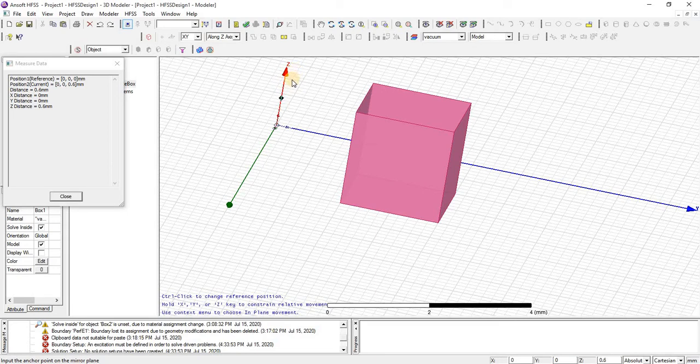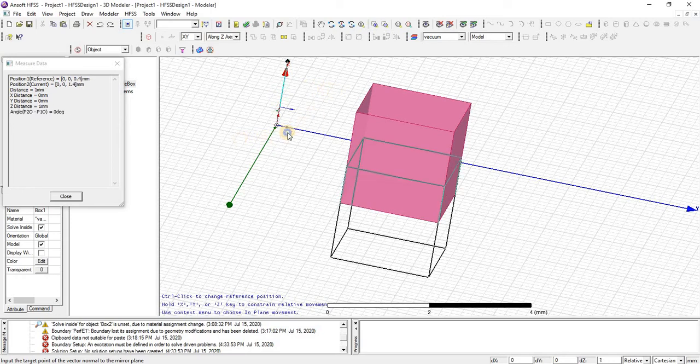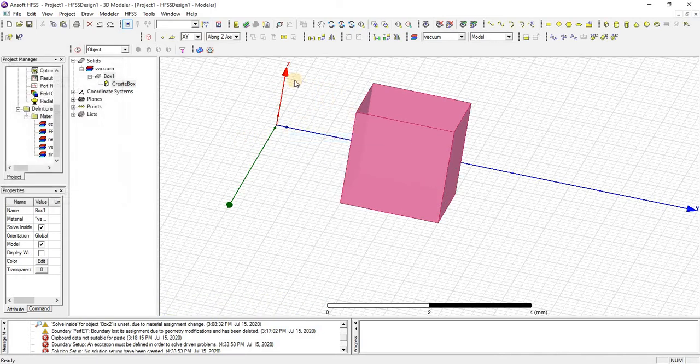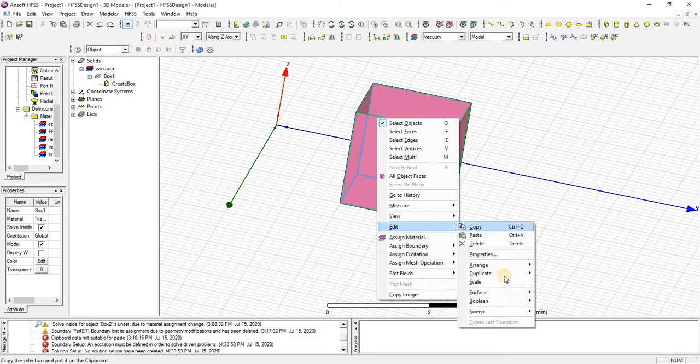The z-axis will be the starting position of that mirror.